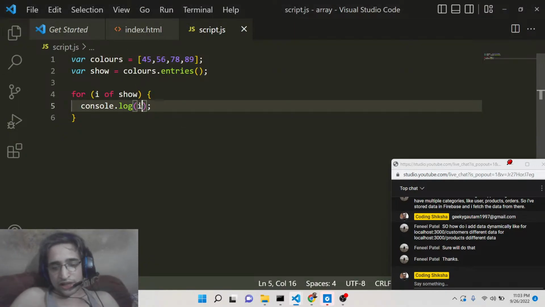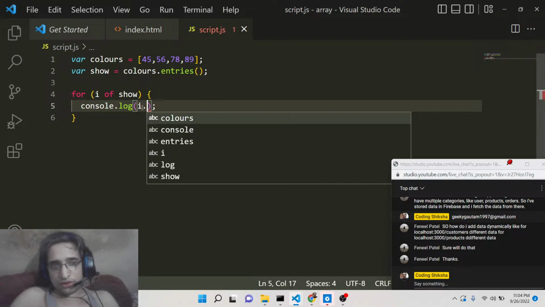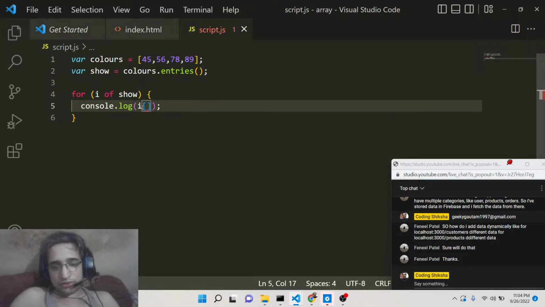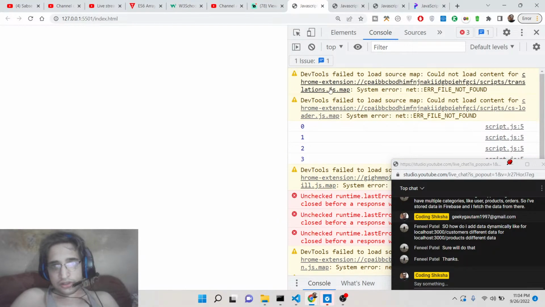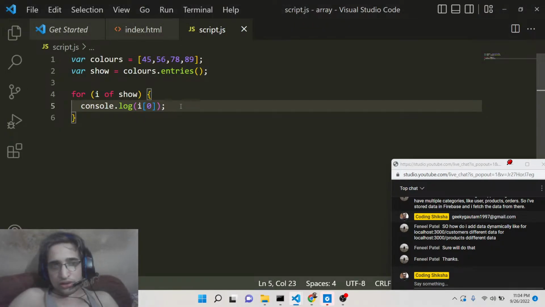So now to get the actual index, you will simply write here I dot 0, like this. If you refresh it now, it will only return the index here 0 1 2 3,